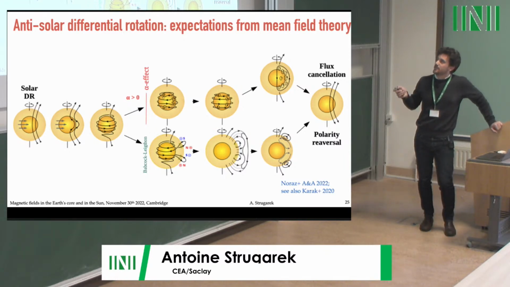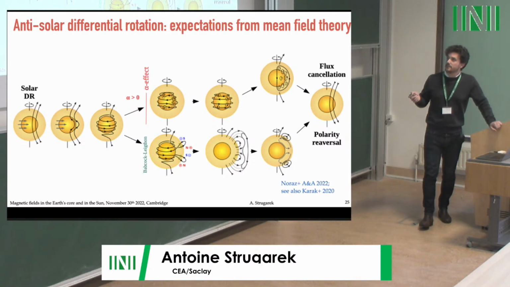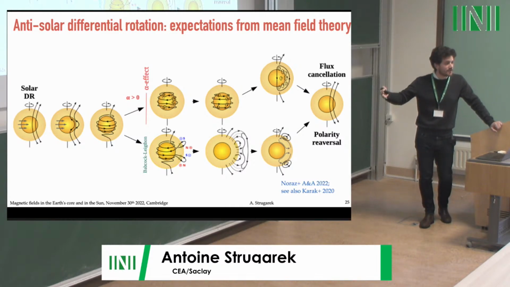So this is a classical picture, adapted from a paper from Sanchez. We have the solar differential rotation that shears the poloidal field, and you just get an azimuthal field that is sheared. And then depending on how you restore your poloidal field, either through a Babcock-Leighton effect or through an alpha effect, both things will lead you here to a poloidal field that is reversed. So you cancel flux, you reverse it,